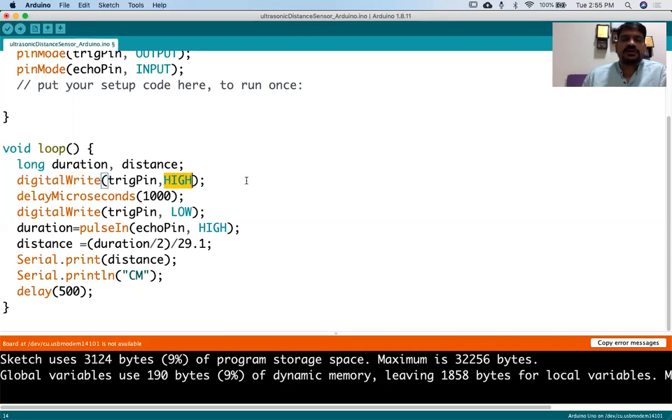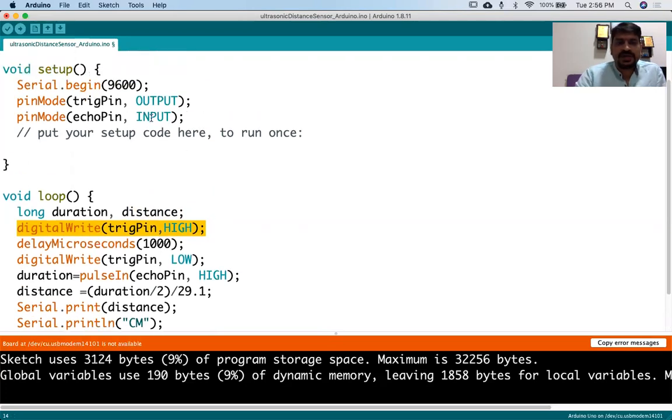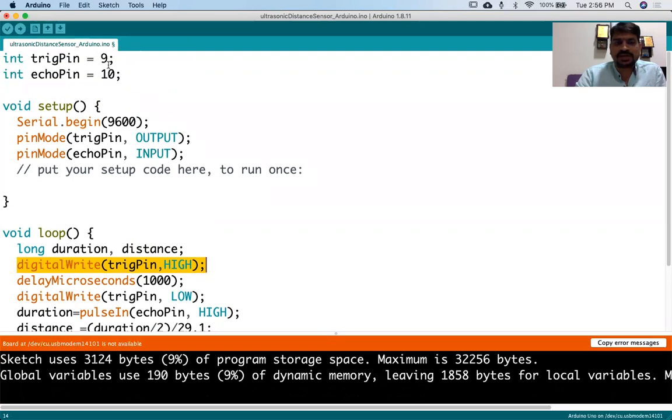What we want is to give the voltage to the trigger pin. That is the work that will be done by this particular code. So we do the digitalWrite on it, and the voltage will be given. Which one will be given the voltage? The trigger pin. And which is the trigger pin? Trigger pin is pin number 9.